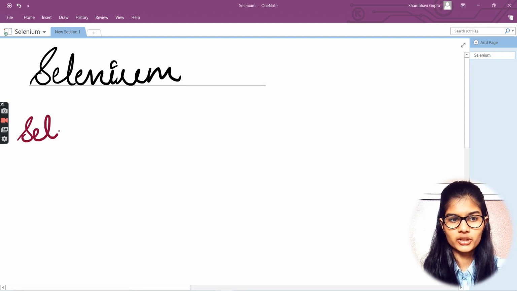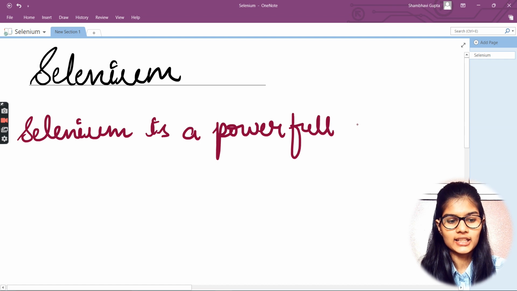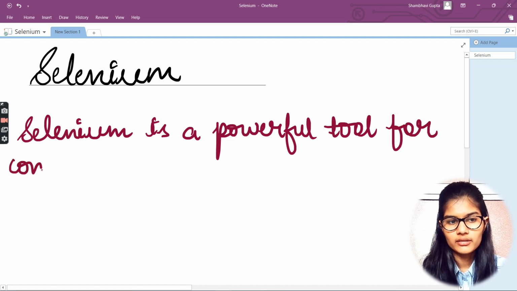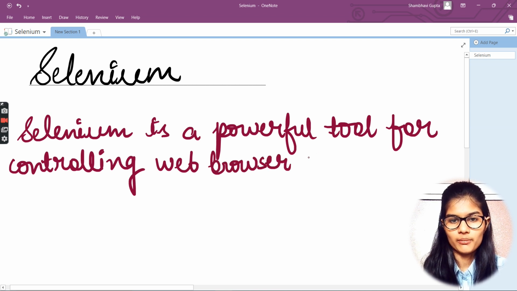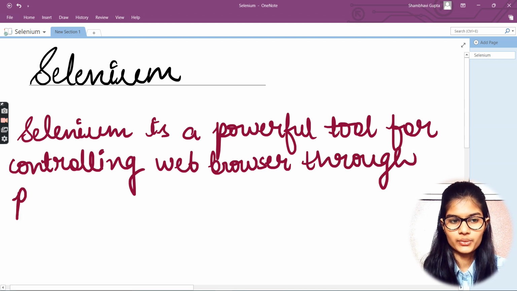So, it goes that Selenium is a powerful tool for controlling web browsers through a program.